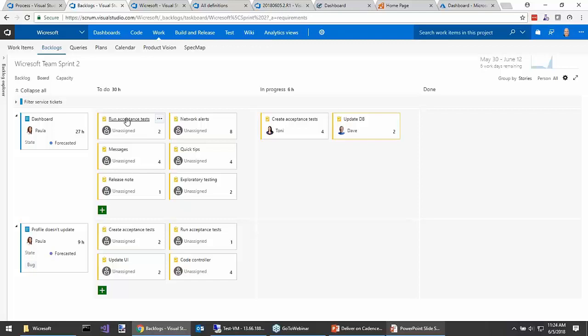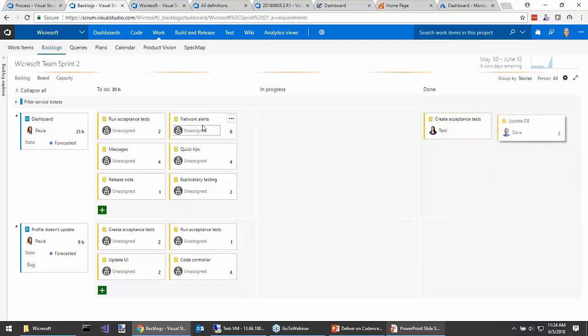I'm a big fan of pairing, and I'm also, at the right times for the right reasons, a huge fan of mobbing. Mob programming would simply be, hey, let's maybe get the acceptance test done, and then let's all of us, all 3 to 9 of us, gather around Dave while he's updating the database schema so that everyone gets a chance at the keyboard. We can kind of learn SQL and schemas. We can give Dave a little bit of validation, and there's a lot of learning. Mob programming is great for learning, bringing people up to speed on skill sets they may not have. So let me fast forward this a little bit.